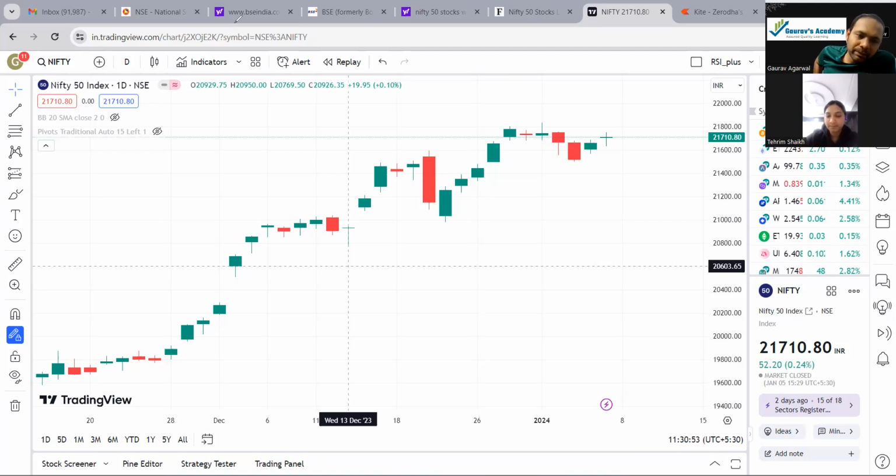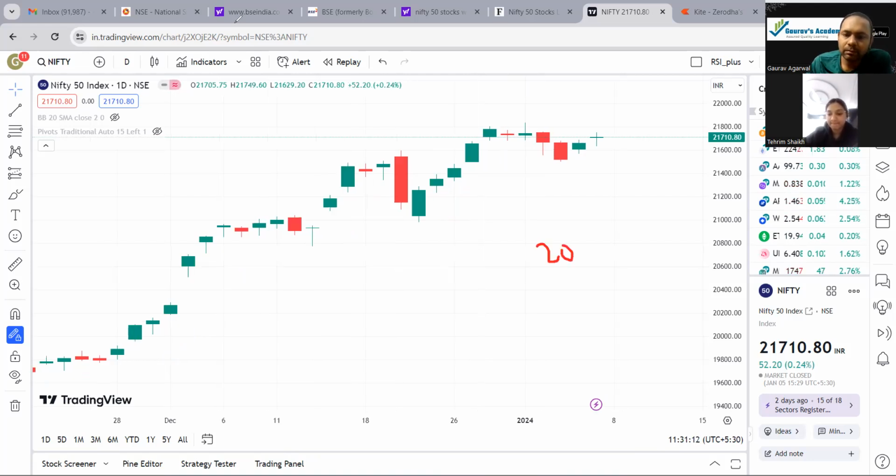What I'm thinking now is that if the price crosses the low price, let's say it comes down to 20750. Now we will take a sell trade, right? Let's say my entry point of sell is 20750. So this is my entry point, 20750.